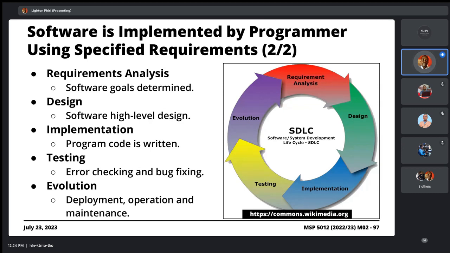The next phase is so-called design, where you come up with a high-level representation of how this software is going to be built. The closest example I can think of here is what happens when you're developing software. It's the same thing that happens when a house is being built.